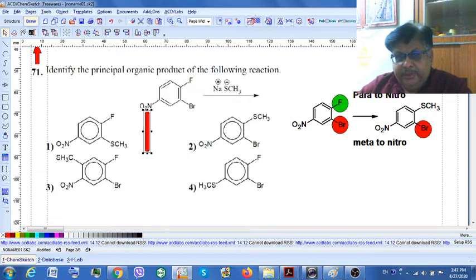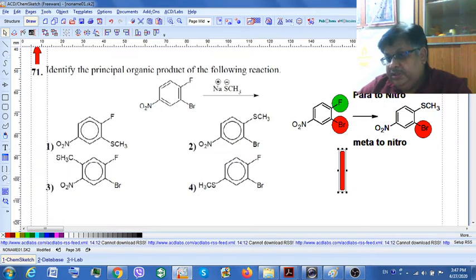Now if you look at it, you have NO2, then meta to that you have bromine, and then para to that you have fluorine. Now you also should remember that if you have an electron withdrawing group, either ortho or para to a halo group, then that aryl halide will undergo nucleophilic aromatic substitution. Now in this particular case, I have highlighted that point. You see fluorine in green, indicating that it will undergo a reaction. Red indicates that it does not undergo a reaction.